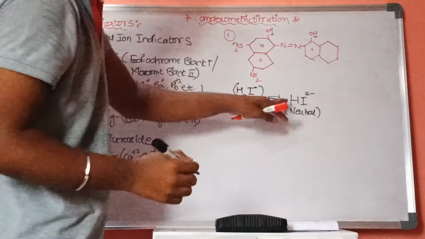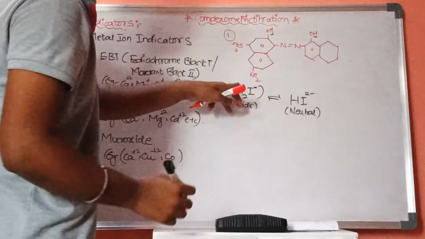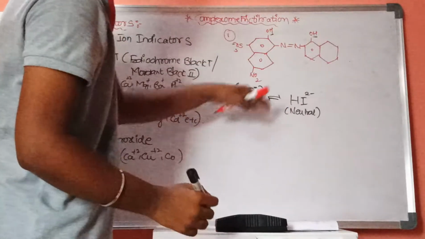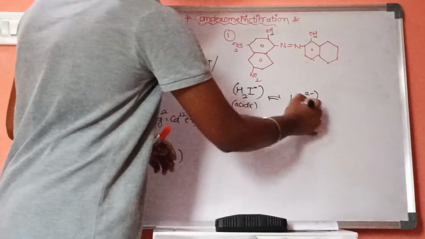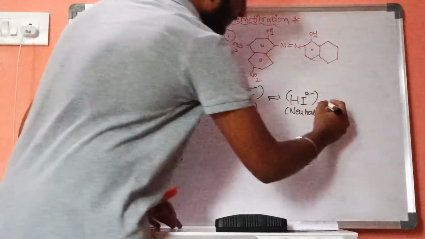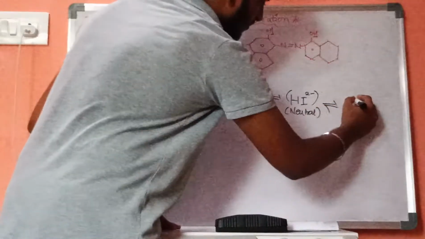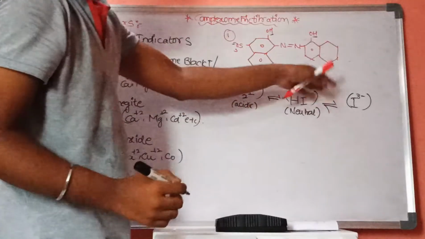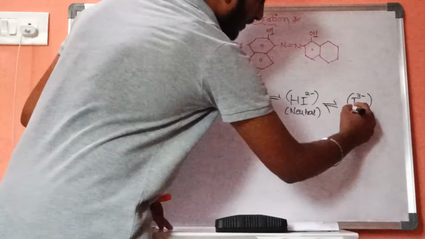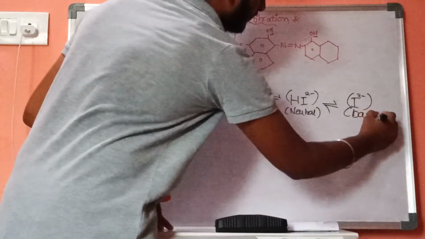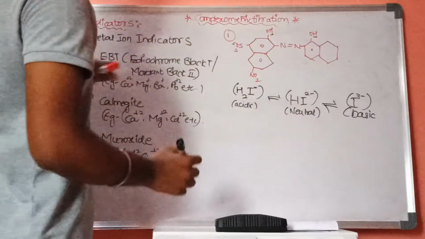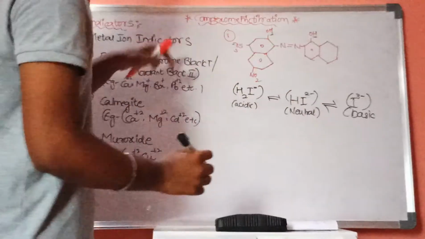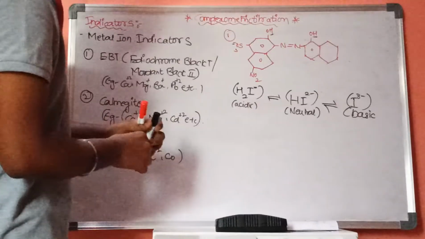This H2In minus gets converted into HIn2 minus by removing one hydrogen atom in neutral medium. Whenever this neutral medium gets converted into basic medium, it results in the formation of In3 minus. HIn2 minus will get converted into In3 minus in basic medium. This is about Eriochrome Black T indicator, and this is its structure. And the second one is